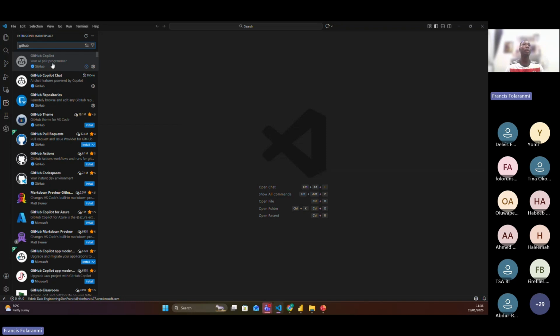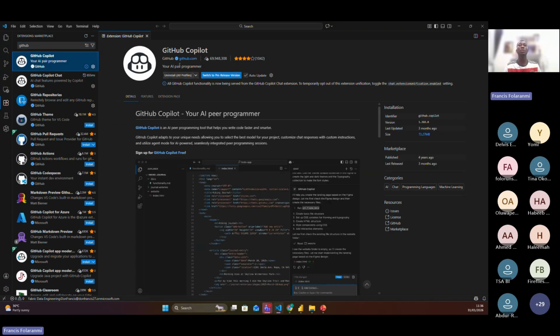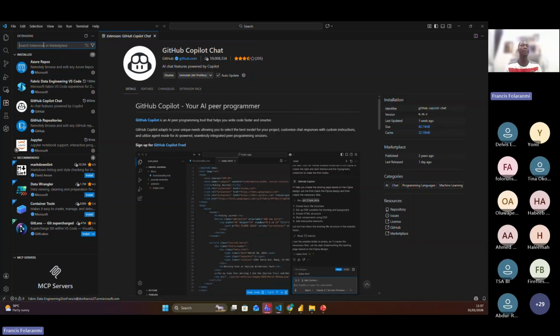Yeah, so you have GitHub Copilot. I have it installed already. If you don't, you can just click on install, then it will be installed for you. Then you also need to install GitHub Copilot Chat, so that's the second extension you are going to be installing. And then the main extension you need to install here is your Power BI